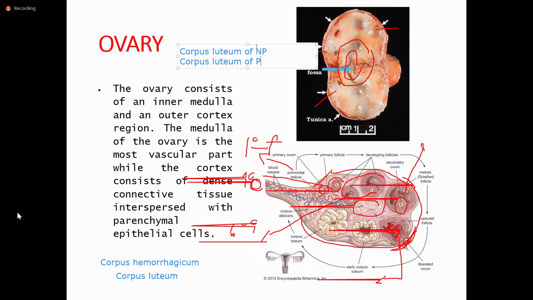So for the non-pregnancy ay transient lang yan. Kapag hindi naman talaga buntis ang individual, meron pa rin siyang corpus luteum pero saglit lang. Okay? And we call this corpus luteum of non-pregnancy as